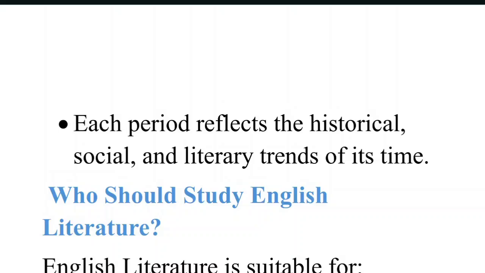And there is a complete shift from one period to the other. In English literature, each following period is a reaction against the trends that existed in the previous period. Every new period is the reaction to the previous period. So you should study in chronological order, then only will you understand all these things in detail.